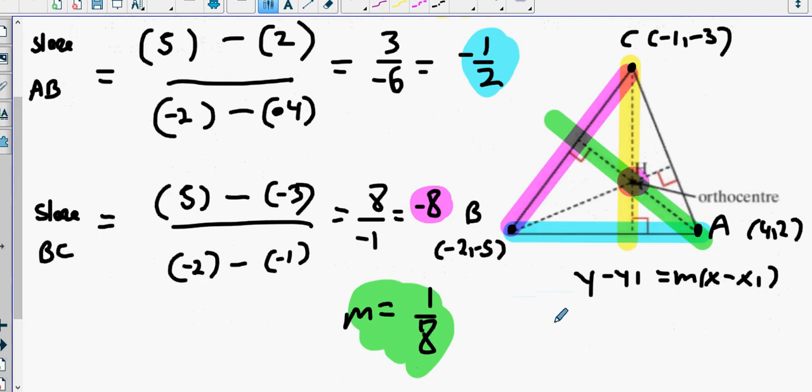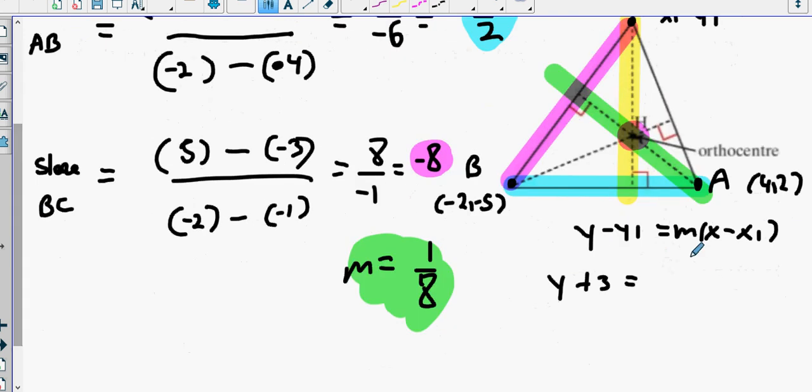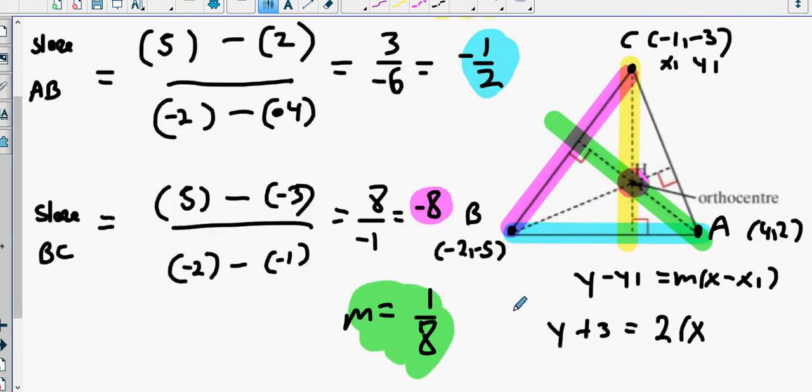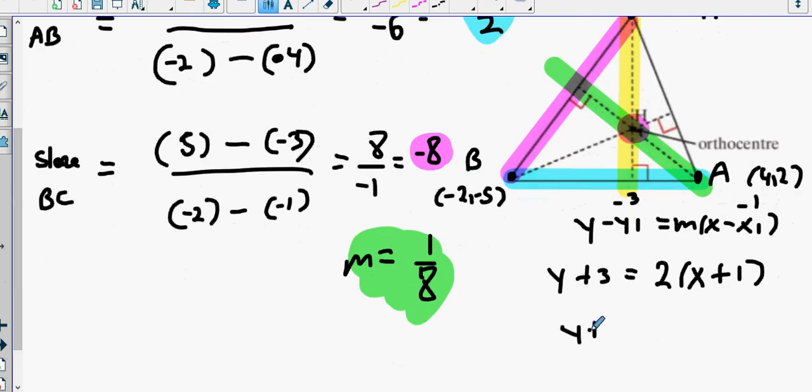This is x1 and y1 because it goes through C. So it's going to be y plus 3 equals slope of 2 into x minus 1, and we're going to end up with y plus 3 equals 2x plus 2,